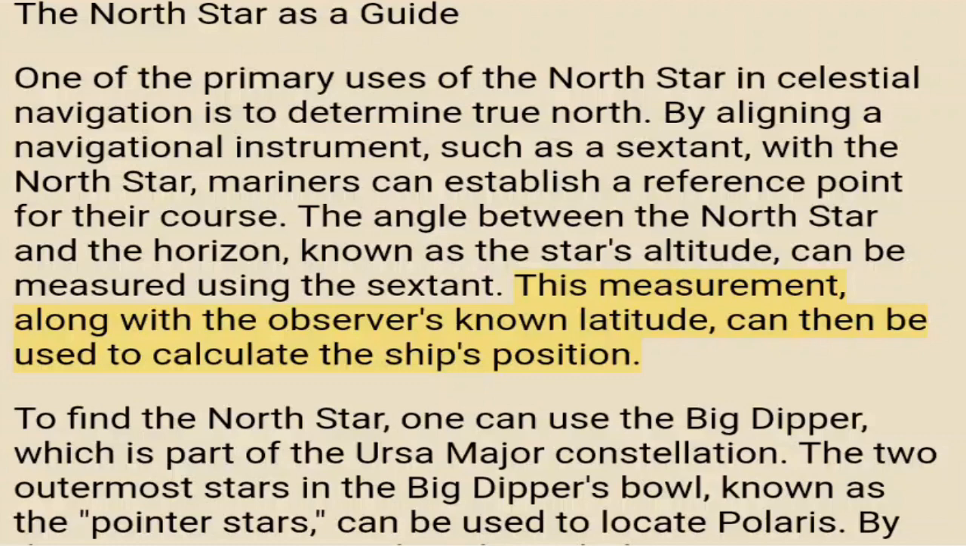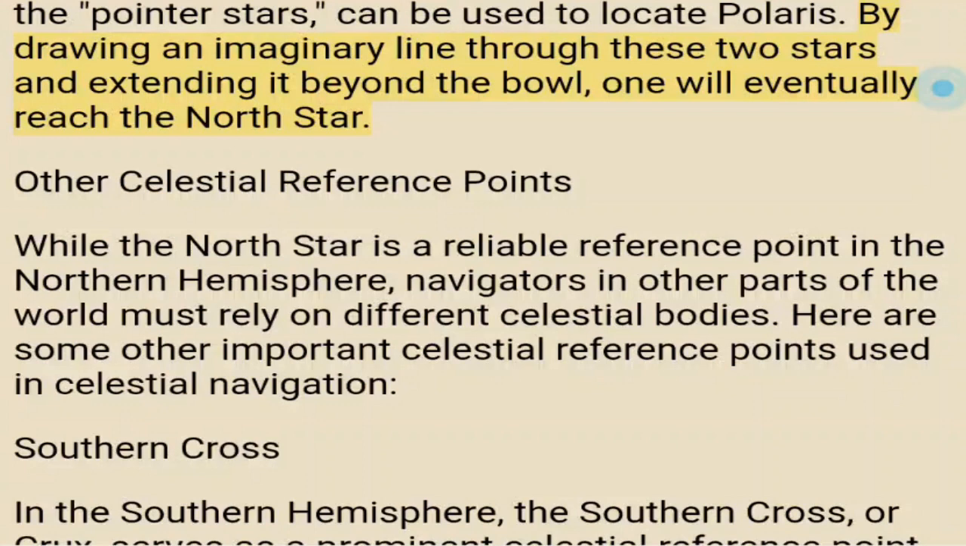This measurement, along with the observer's known latitude, can then be used to calculate the ship's position. To find the North Star, one can use the Big Dipper, which is part of the Ursa Major constellation. The two outermost stars in the Big Dipper's bowl, known as the pointer stars, can be used to locate Polaris. By drawing an imaginary line through these two stars and extending it beyond the bowl, one will eventually reach the